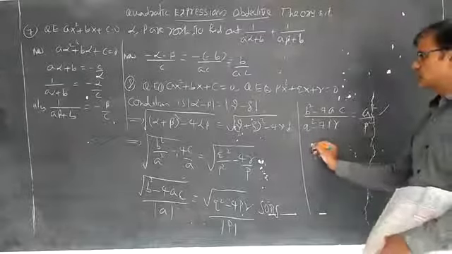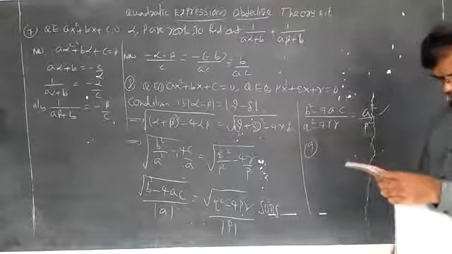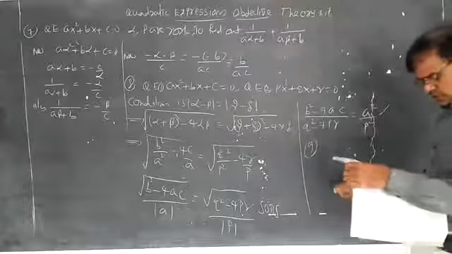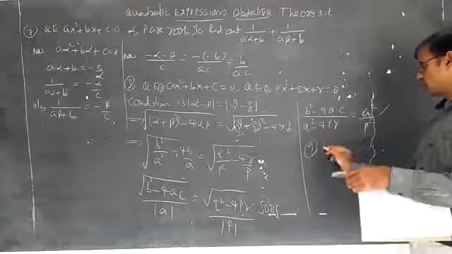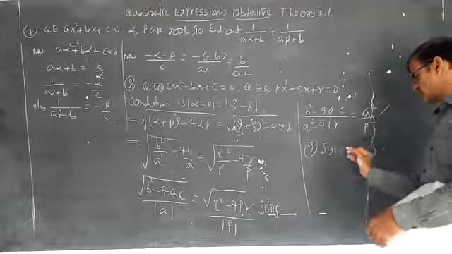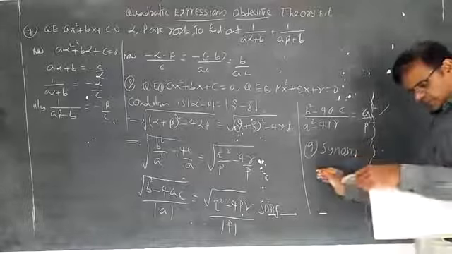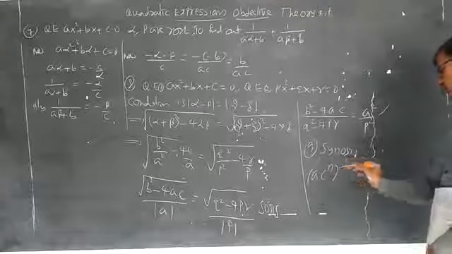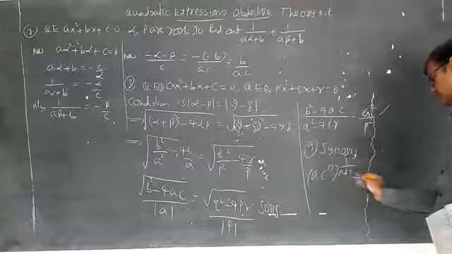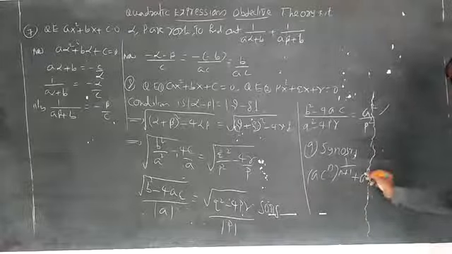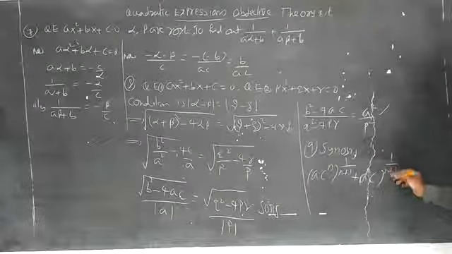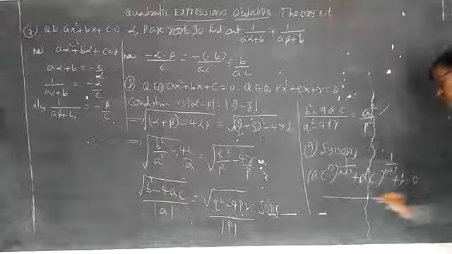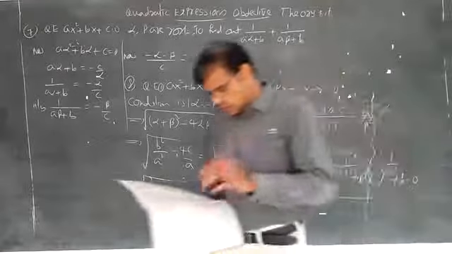Now, 9th question. If one root of the equation is the nth power of the other, we already discussed this in the synopsis in yesterday's class and completed it. I said the proof also: ac power n whole by 1 plus n, plus a power n into c whole power 1 by n plus 1, plus b is equal to 0. So here the answer is 0.